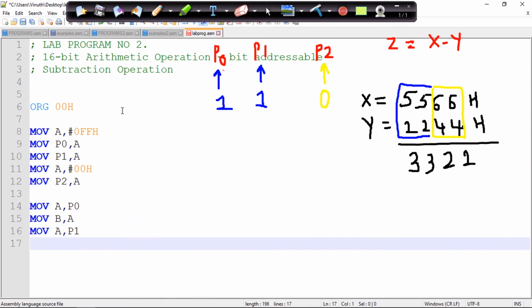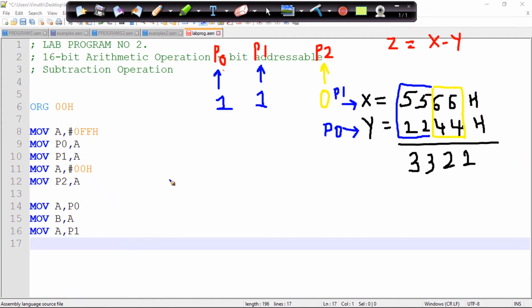Let us assume the values X and Y are present in the ports, so we need to assign these ports: Y will be present in port P0 and X will be present in port P1.